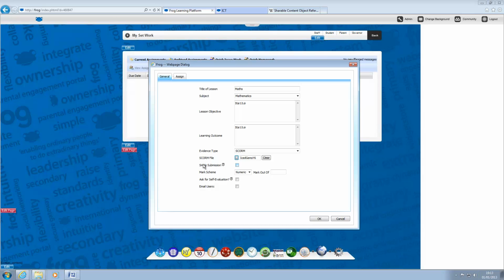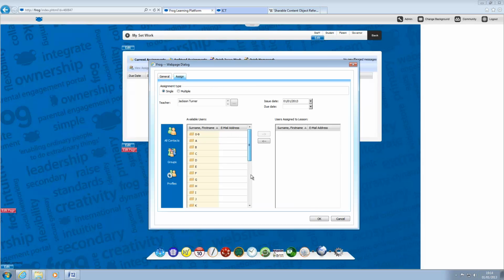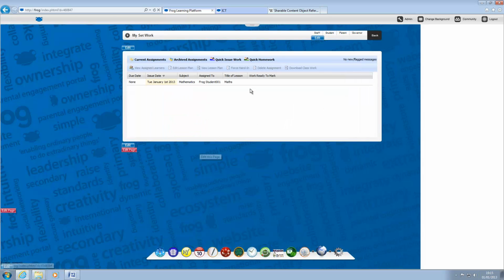I'm going to tick single submission, and what single submission says is check this box to ensure that students cannot redo their SCORM package after first completing. Note this applies to SCORM packages used as evidence, not to packages added as resources. So what that's saying is that the student will be able to have one attempt at the SCORM package, and I do want this, and then they won't be able to resubmit it. I'm going to assign now to my Frog user, Ever Hardworking. So there we go, assigned, and now we're going to pop over into the student view to see how all